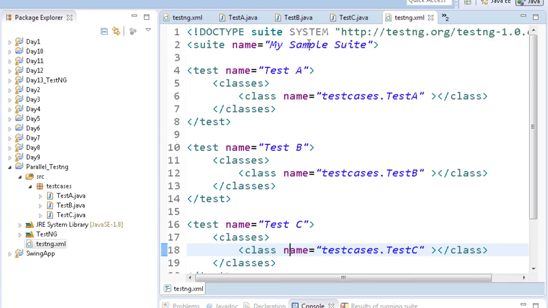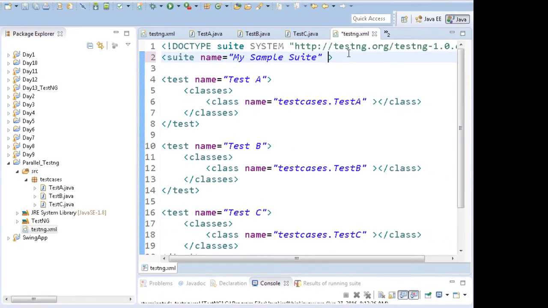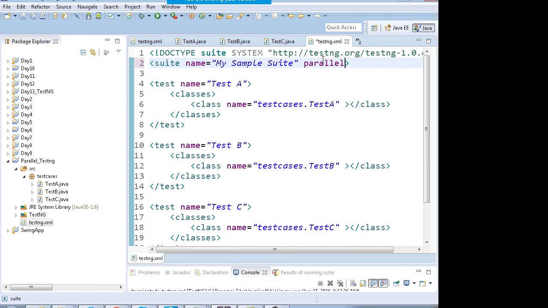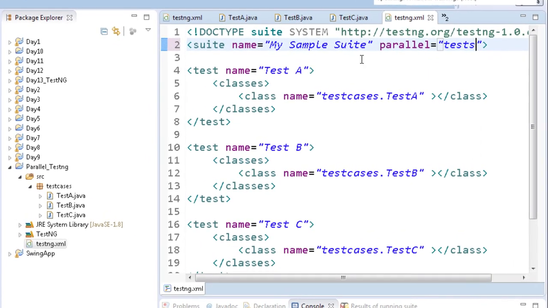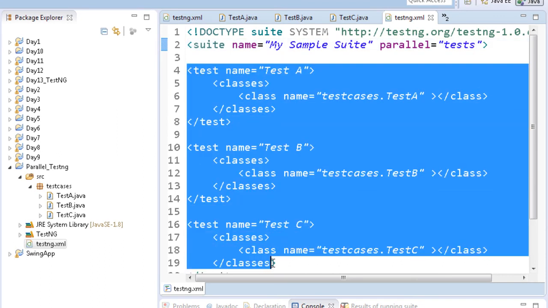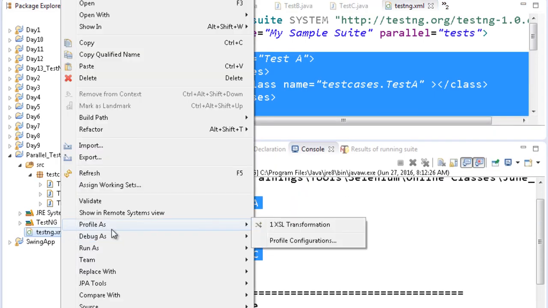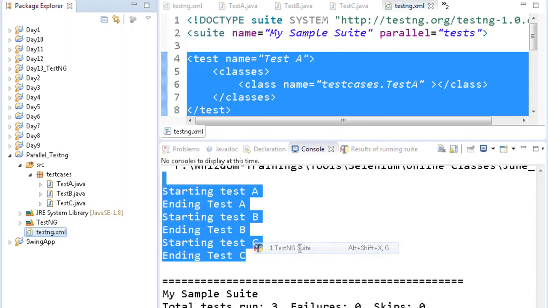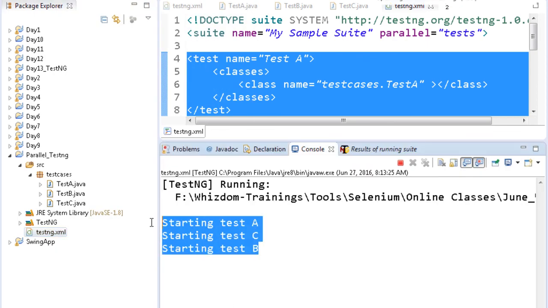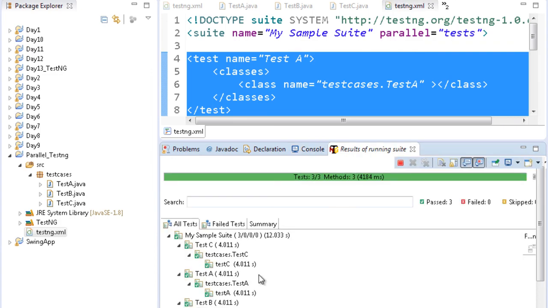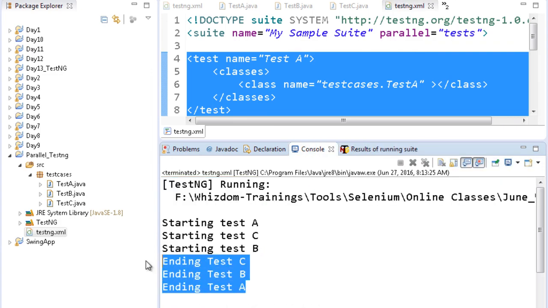If in case I write over here parallel equals true, then tests, all the test cases will be invoked in parallel by TestNG. If I run it now, you will see that starting A, C, B, and after 4 seconds they will end.